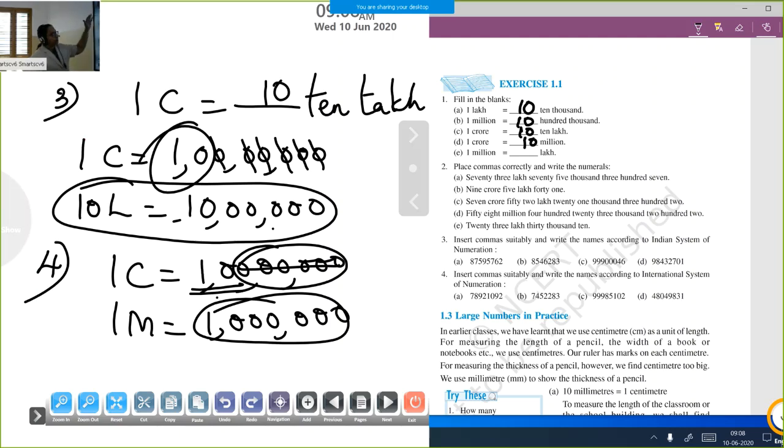Teacher is moving the page. So write it down properly. 1 crore equal to 7 zeros, 1 million equal to 6 zeros. So if you remove 6 zeros from that 1 crore, you will get how many millions make 1 crore. Okay, clear, children? Next, teacher is going to the next page.